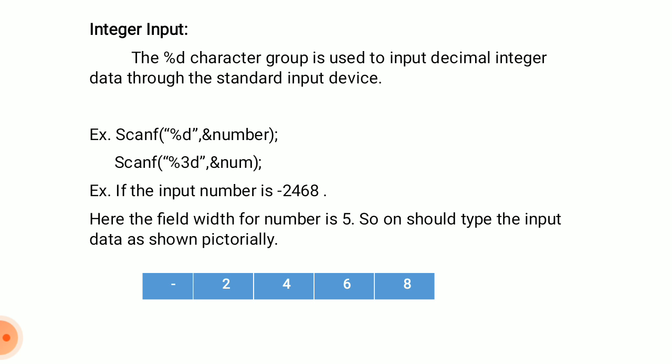In the last video we discussed the general form of reading the input, that is, by using the scanf function we read the input. Whatever data you want to read, it may be integer, float, char or whatever, for that we use the scanf function. So scanf is used to read the input.